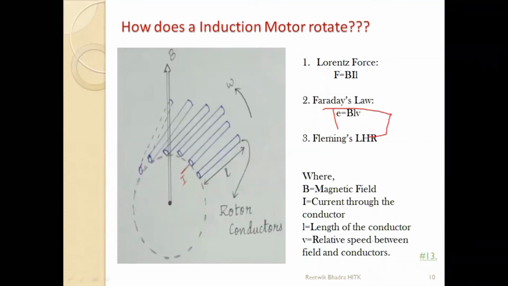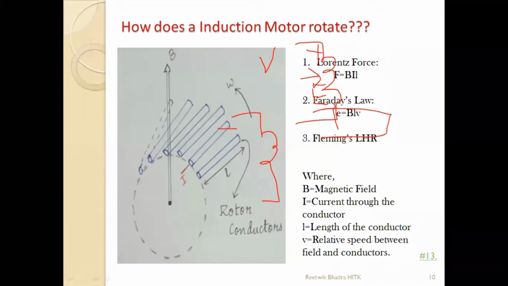Since I have given a V supply to a winding, there will be Lenz's law, there will be an opposing effect, and that will be the EMF generated. Like in a transformer, if I take a winding and give a V supply over here, current will flow through this, and there will be a flux generated. If there is a change in flux, d phi by dt, we will get an EMF according to your Faraday's law of electromagnetic induction.